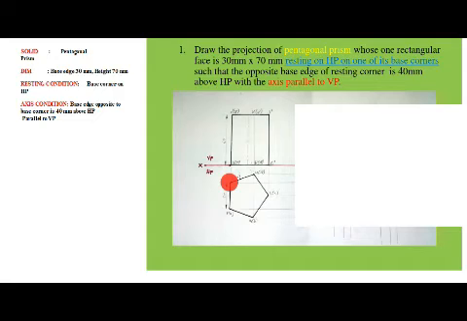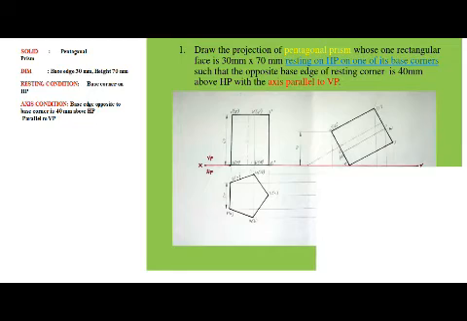If the axis is inclined to the HP, in the first stage, make the axis perpendicular to the HP so that you will be getting the true shape in the top view. Draw the top view first. And while drawing the top view, keep the corner on the right hand side because we are going to tilt the front view in the clockwise direction. Then project the front view from the top view. So after drawing that one, now you are going to tilt the front view.